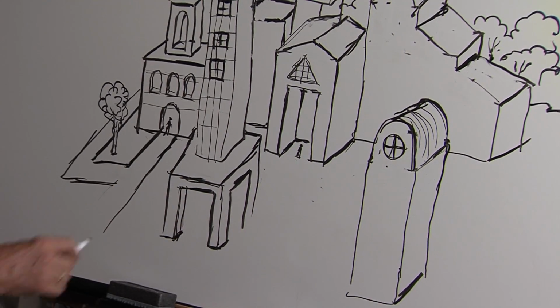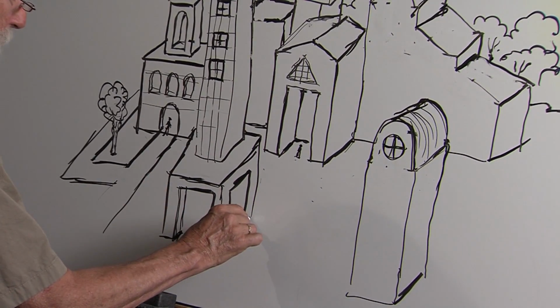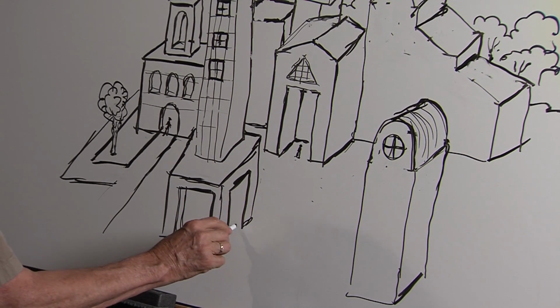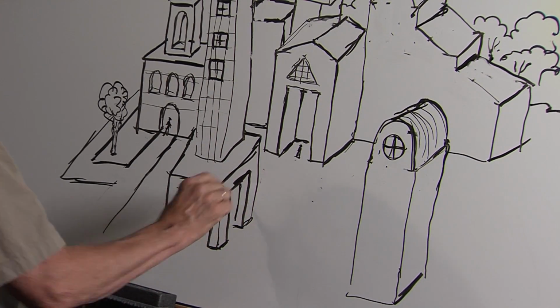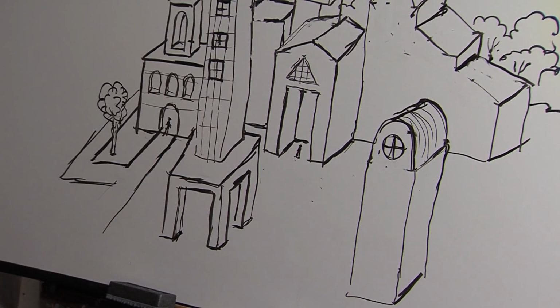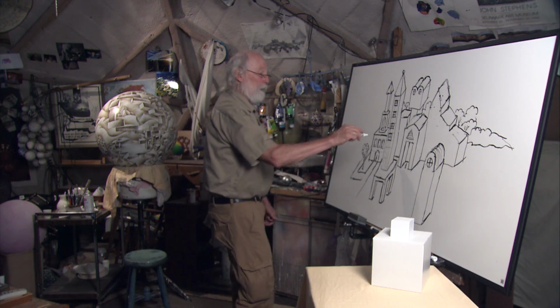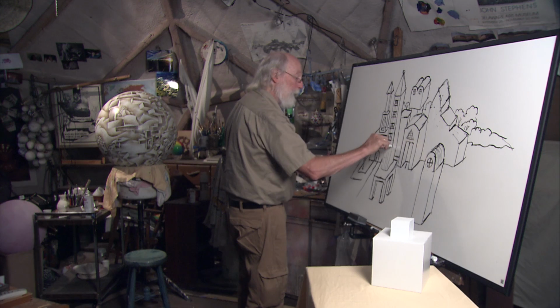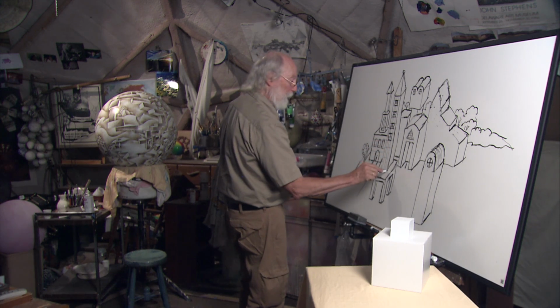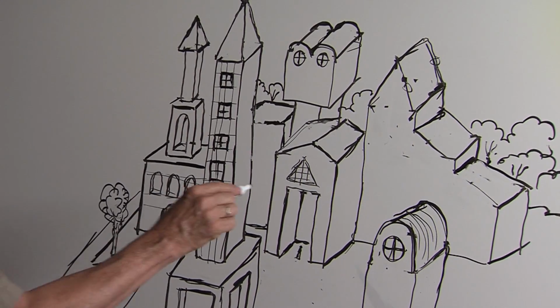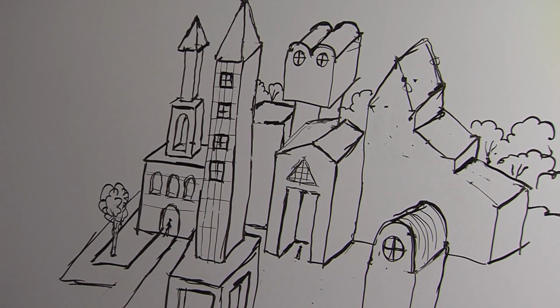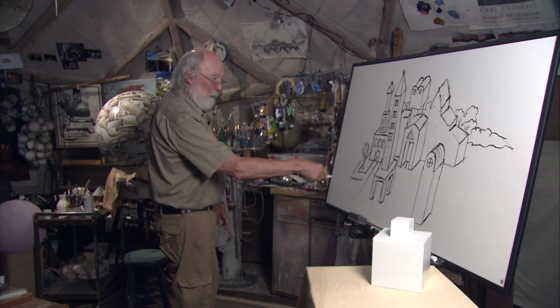All right, and this one, you project that back and you get that back line. This one's straight up and down. So now we got that whole thing sitting up on columns, which makes it a little bit more complicated. Make that nice and straight there. And let's see, what else can we do here? We got a sidewalk going there.